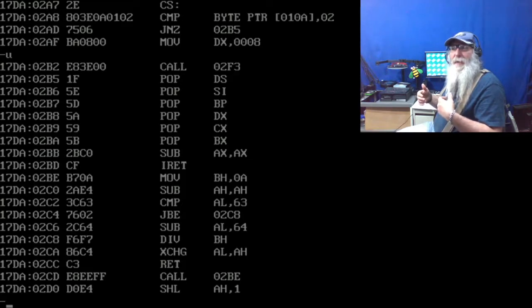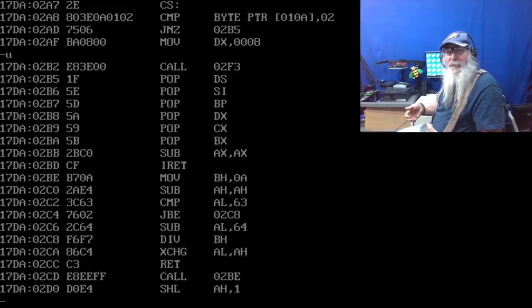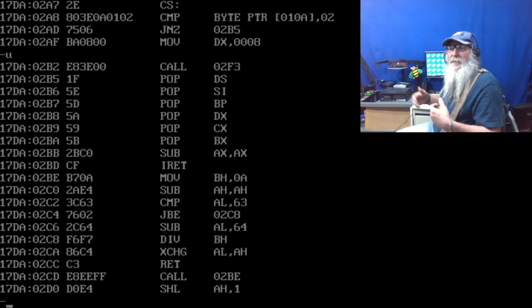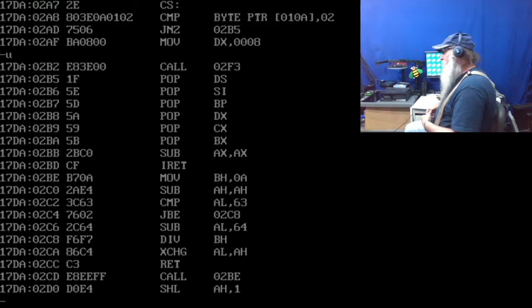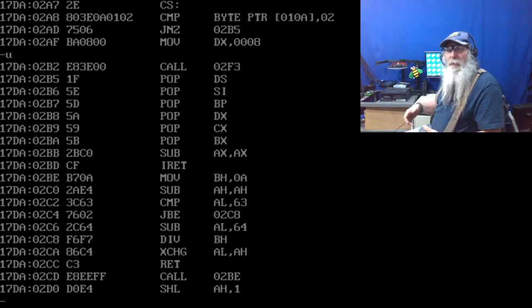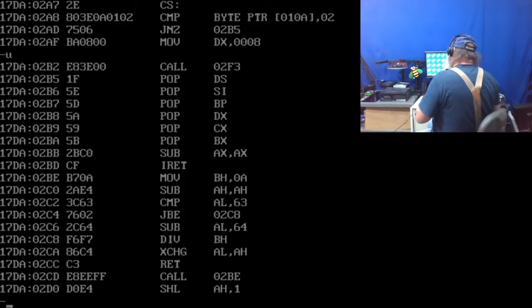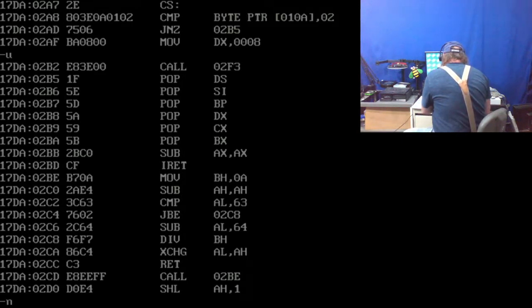I could go through and I could issue the write command, W-R-I-T-E, excuse me, to write that back to the hard drive, and it would know what the name of the file is. But just to be a little bit more comprehensive here, we're going to say the name that we're going to do is